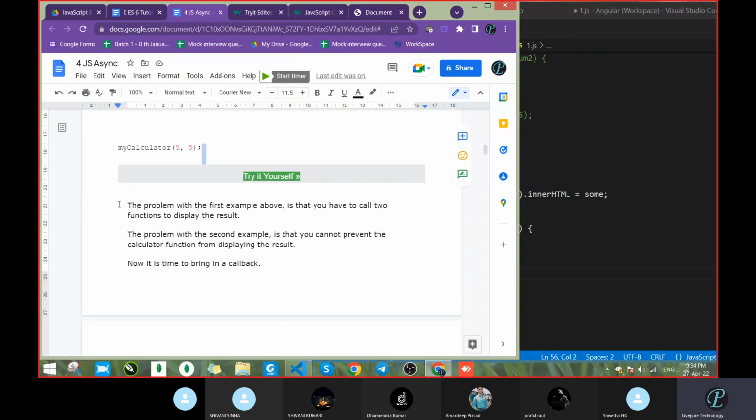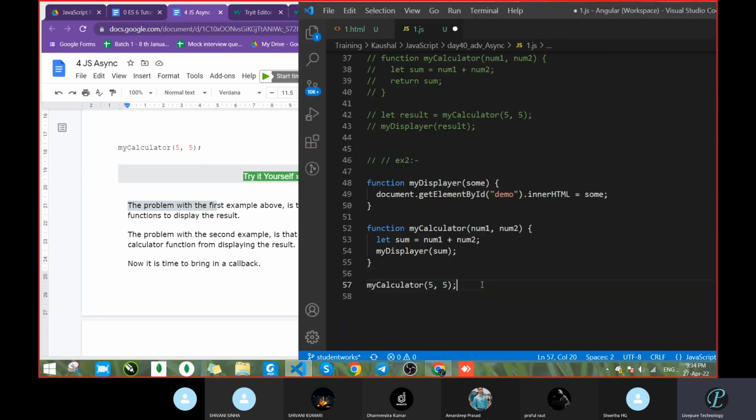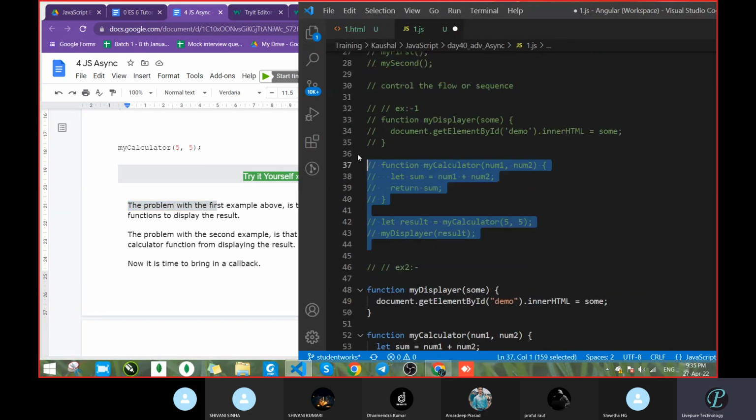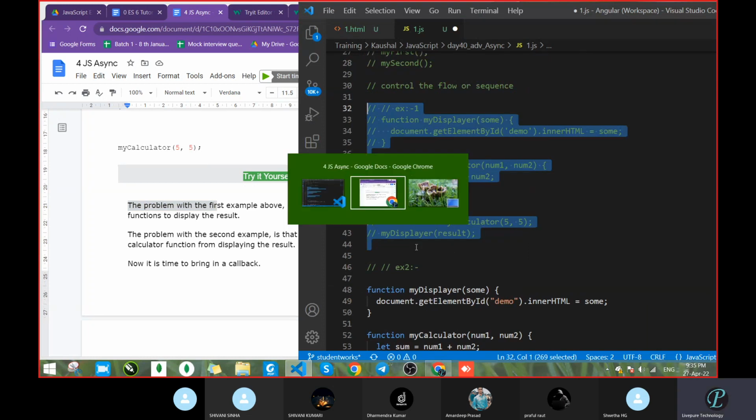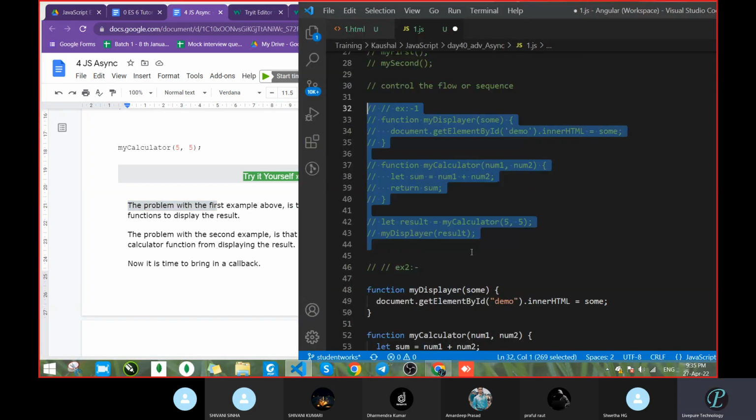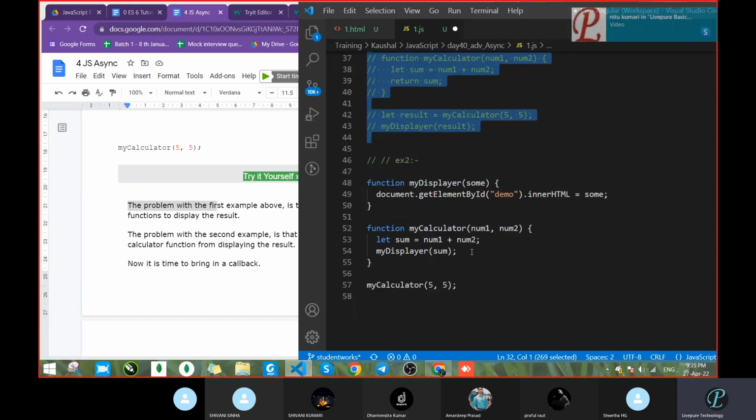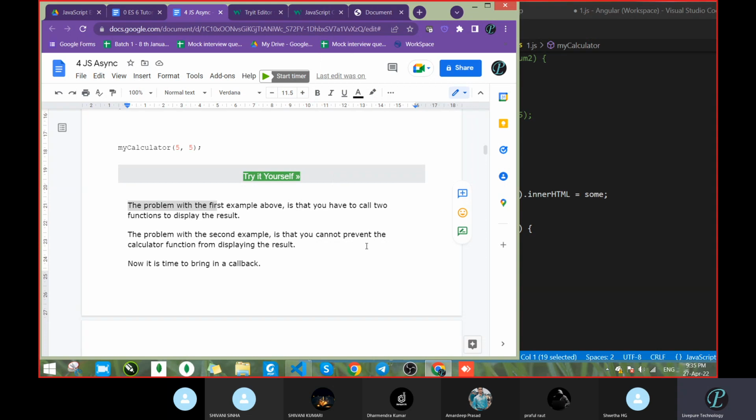So what is the problem in this one? The problem with the first example, which example? Example 1, this one. What we did here, we called calculator, then we called the display method for displaying purposes.